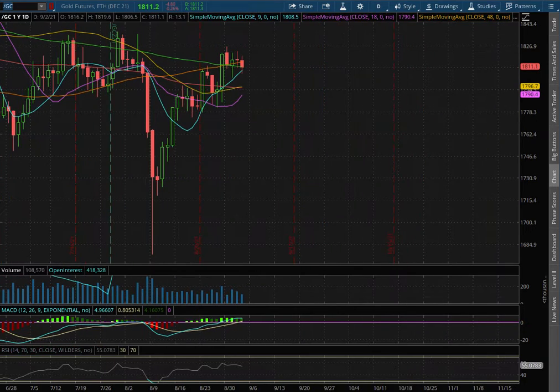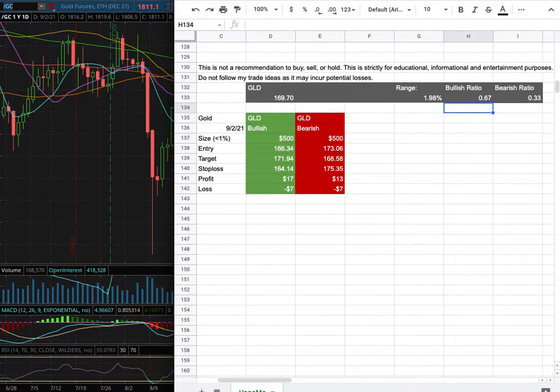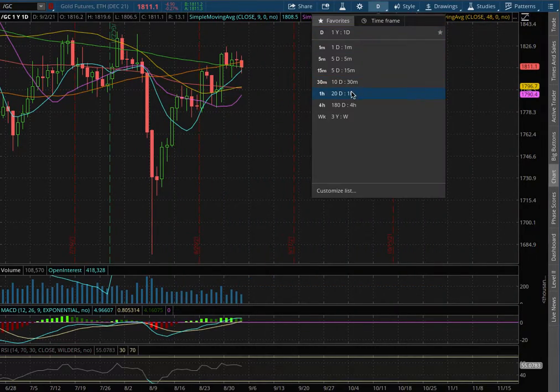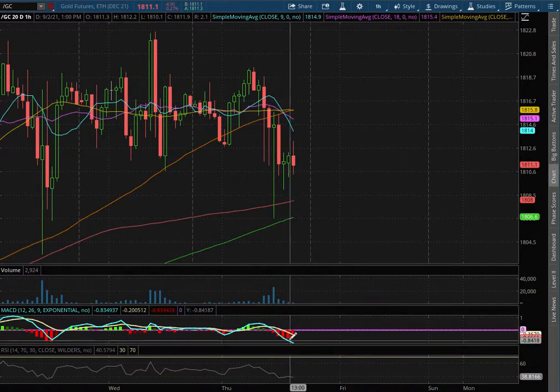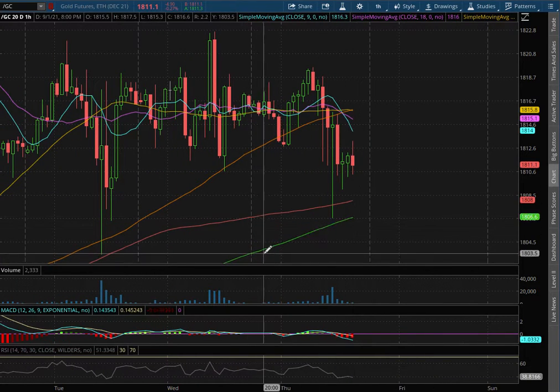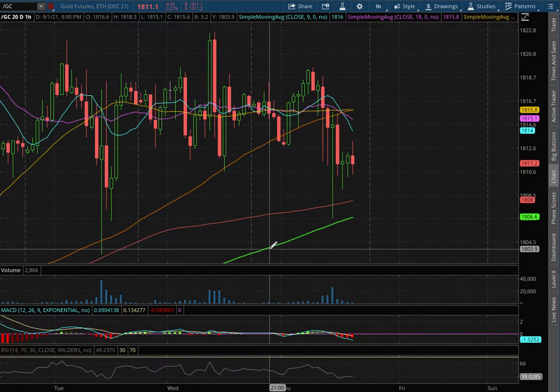Gold futures. In this video, we're going over my trade idea of the week and the day-by-day probability model. So let's start off with the technical analysis on the 1 hour chart. We have dipped into oversold territory. We have yet to test the 200 moving average, this green line, at a price of